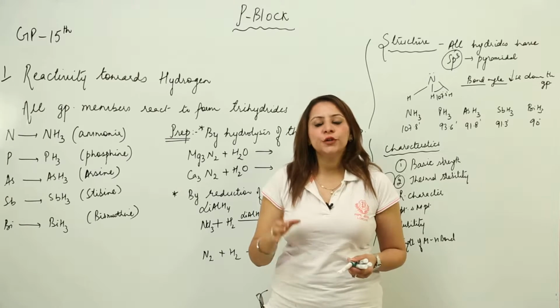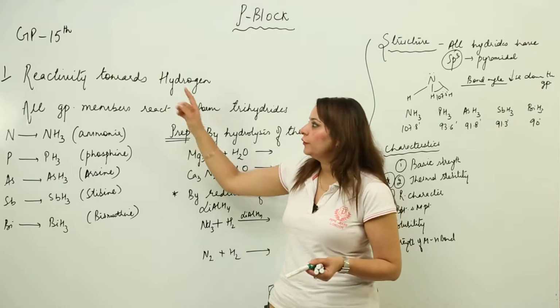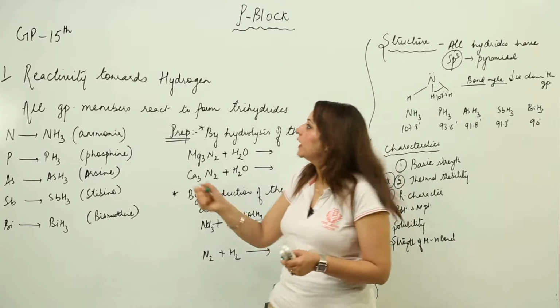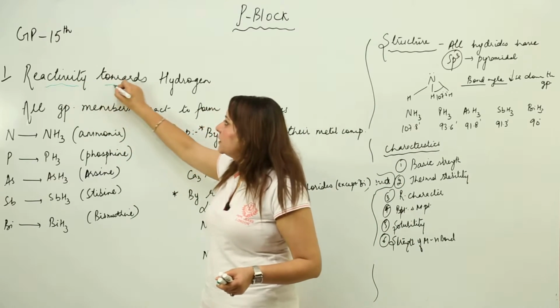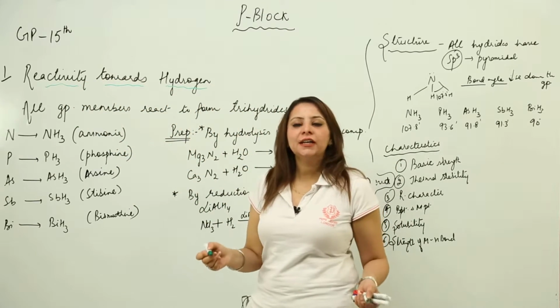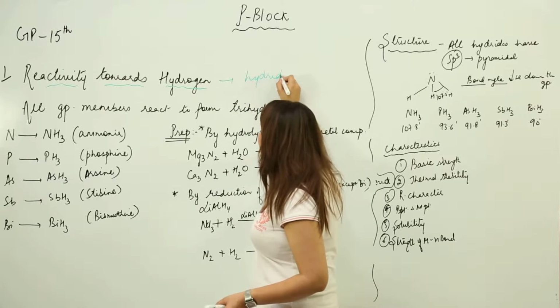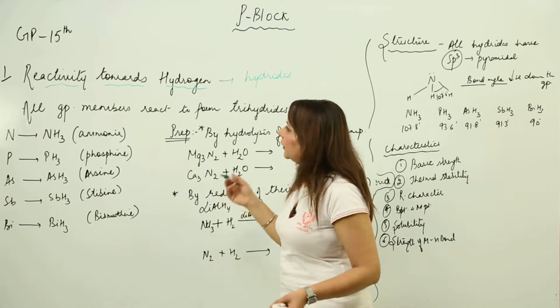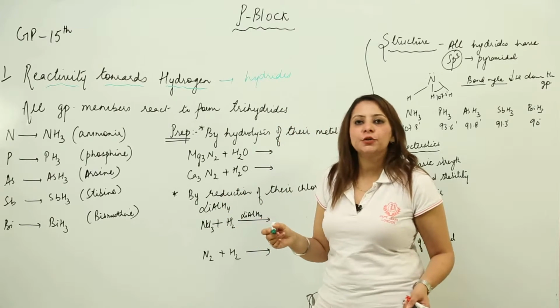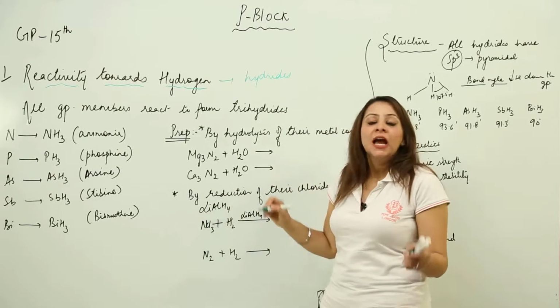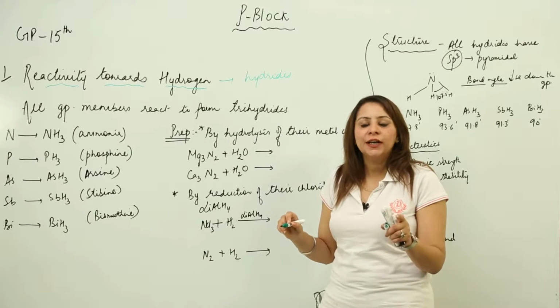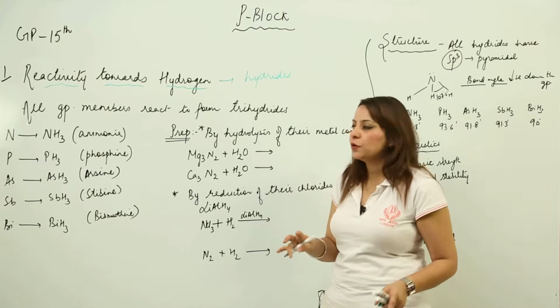Now we are starting with the first chemical property of group 15, that is reaction towards hydrogen. We know that whenever anything reacts with hydrogen, it forms its respective hydrides, right. Likewise, the group 15 elements also react with hydrogen and form their respective hydrides. And if we talk about the valency, like what kind of oxidation state they share with the hydrogen, so they